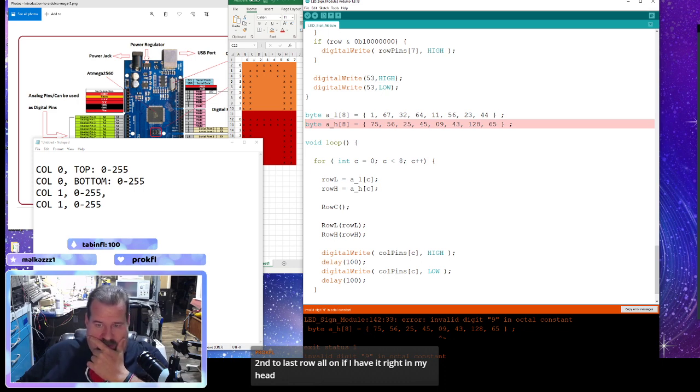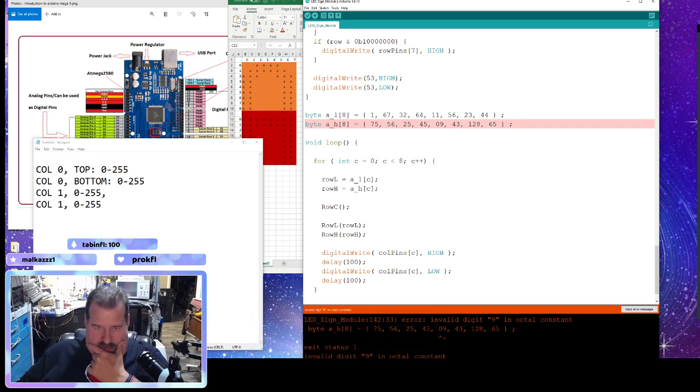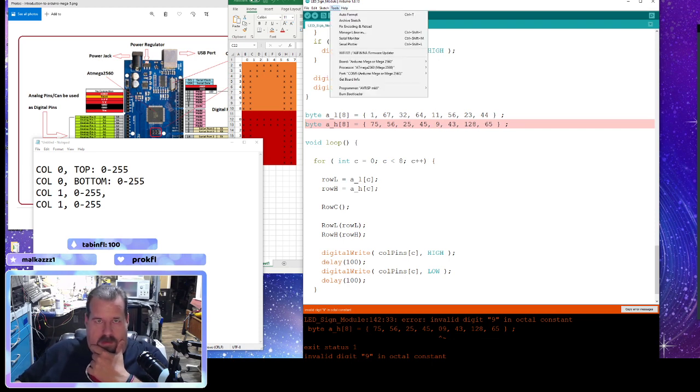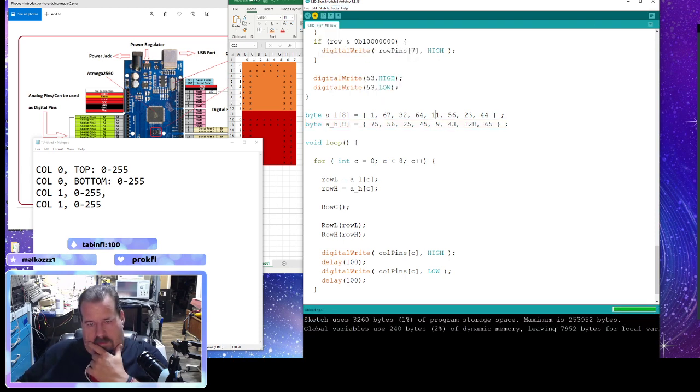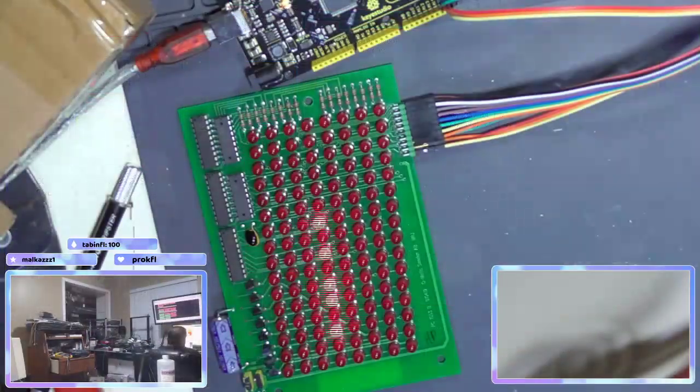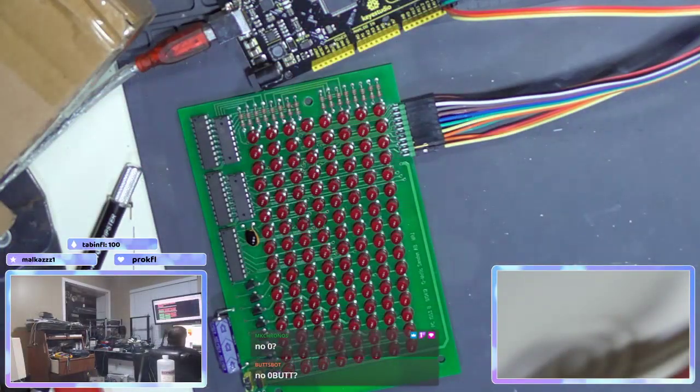It's complaining that digit 9 is an octal constant. 1, 2, 3, 4, 1, 2, 3, 4. What do you mean octal constant? Really? Compiler fail. So this should look randomly like garbage, but as you can see,